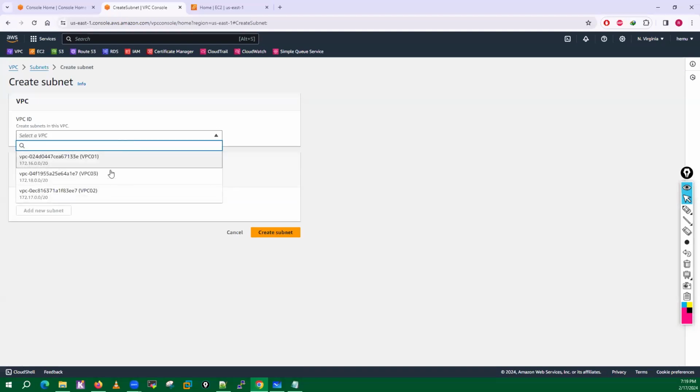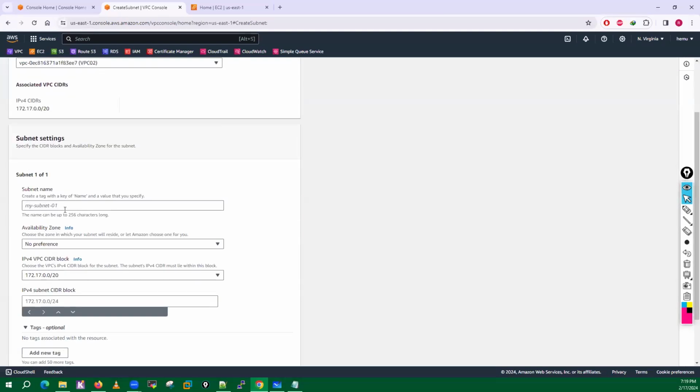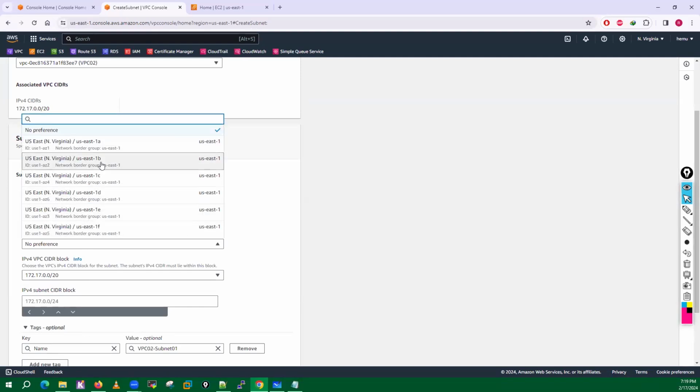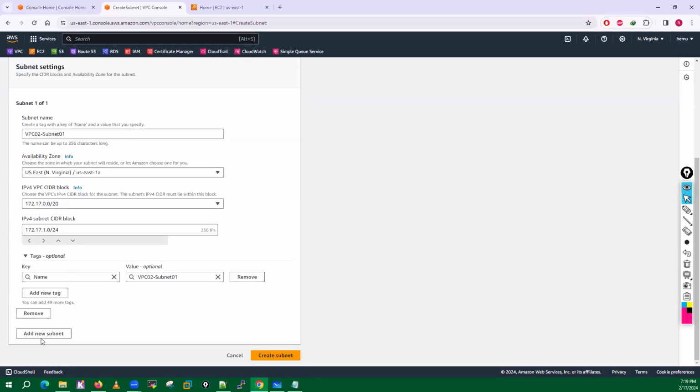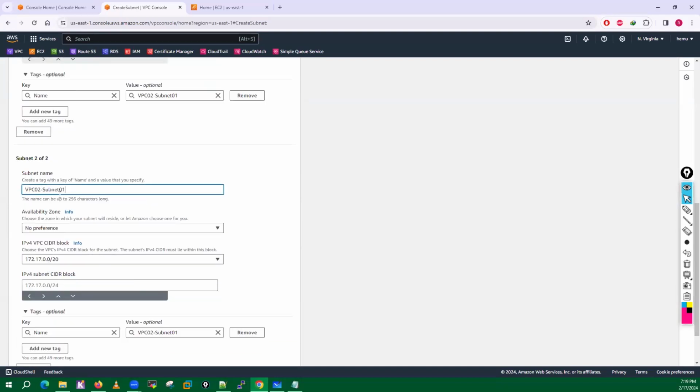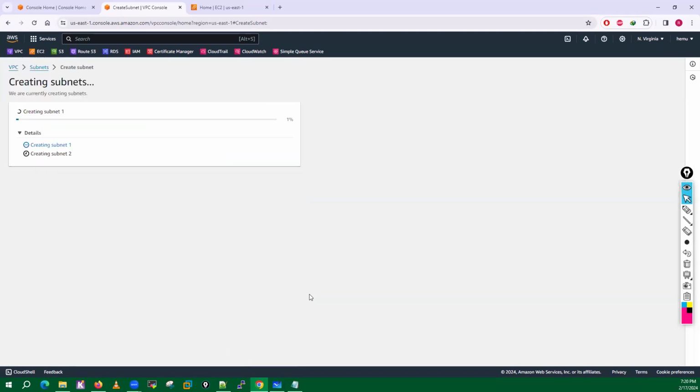Now create the subnets on VPC 02. Subnet 1 for VPC 02 in 1A, and the CIDR for the subnet is 172.17.1.0/24. VPC 02 subnet 2 in 1B, 172.17.2.0/24. Create these two subnets.